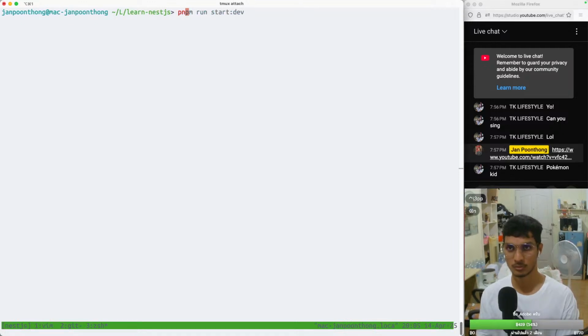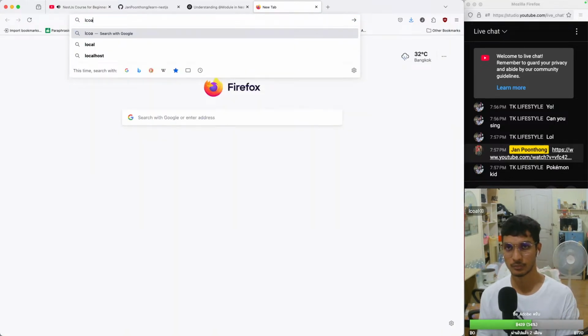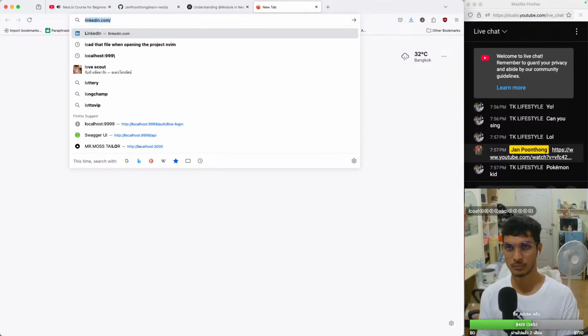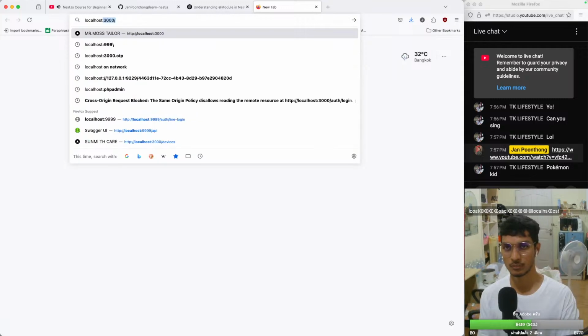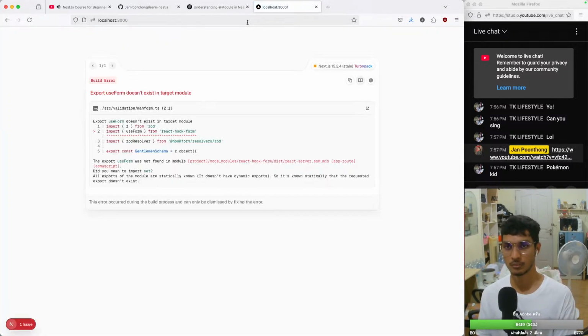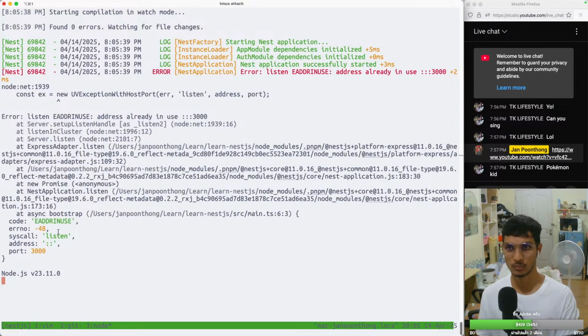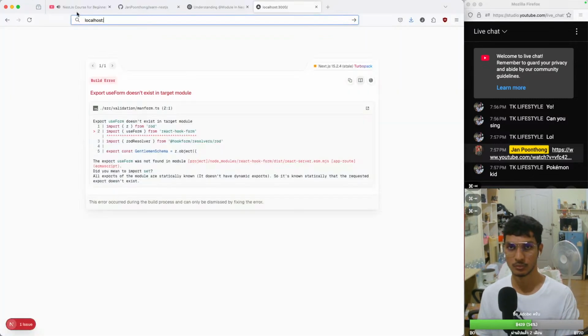I will use port 3333 because usually port 3000 is reserved for React in my development pipeline. So I prefer to use 3333. I save it, and now I open the terminal in the project. Let me clean that out, and all I need to do is yarn